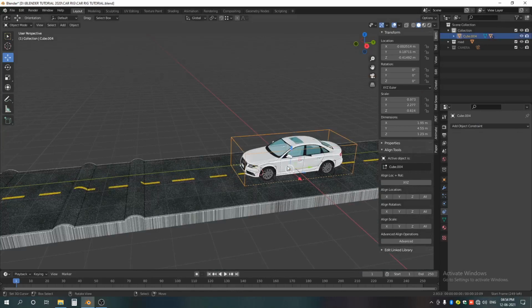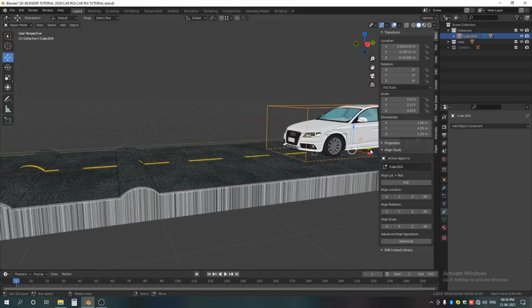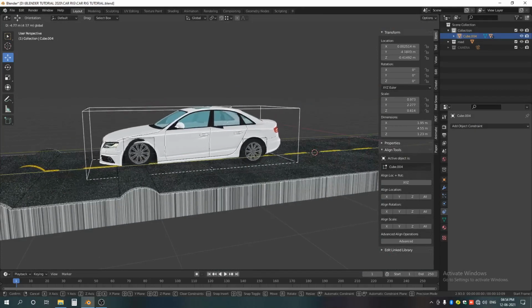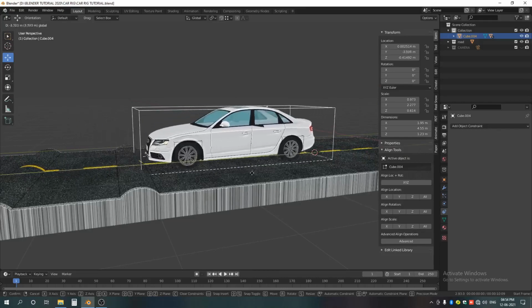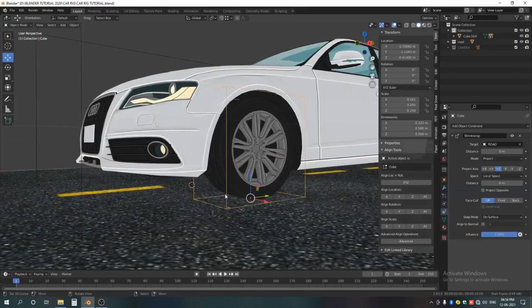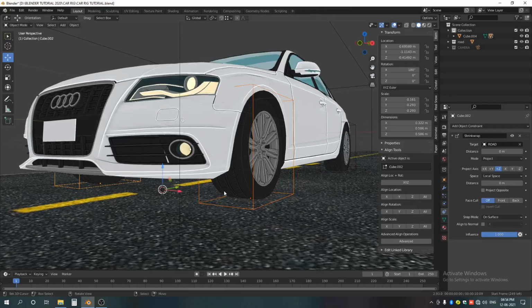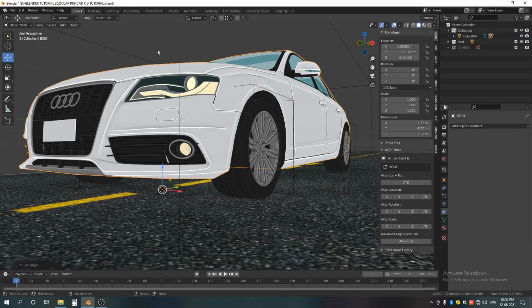Okay, if we move our tires, you can see that my tire is reacting to the road, but my car's body didn't. So first select both these rectangles or cubes and press Shift S and make sure that the cursor is at the center point of these two tires. Now select our body and change our origin to 3D cursor.